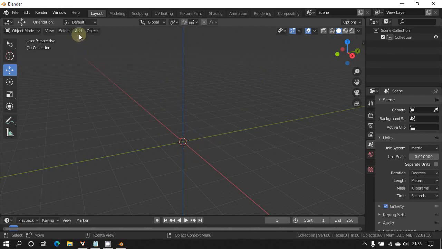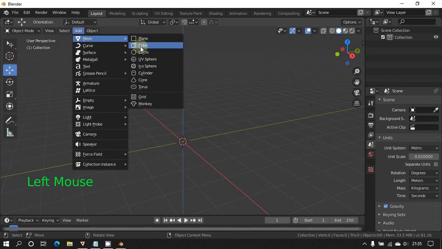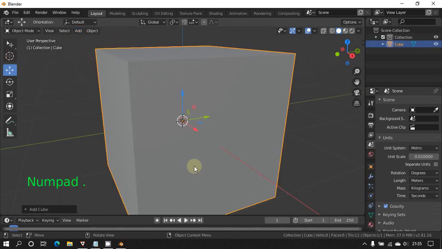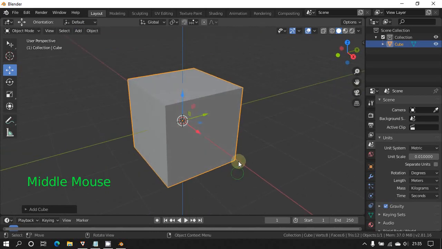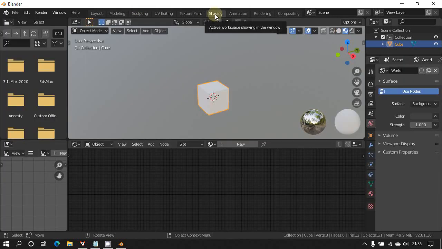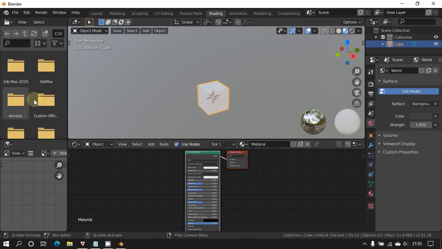We're just going to add in a cube. Nice cube, keep it simple. And with that cube we are going to create a material. So we'll go with a new material and we're going to select